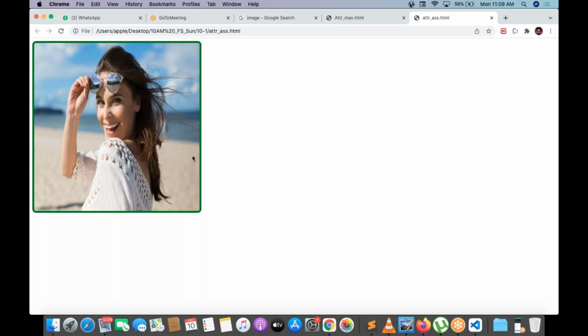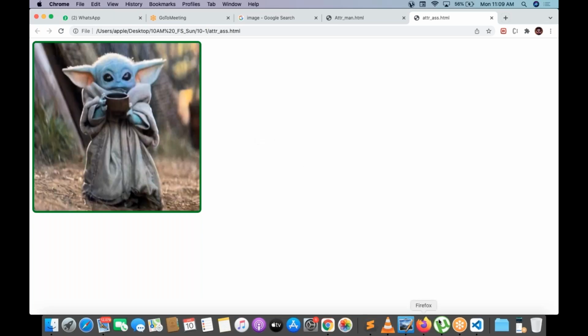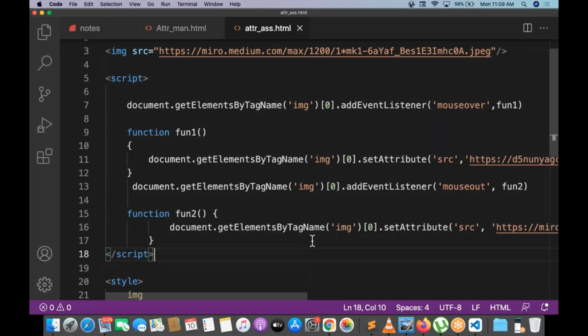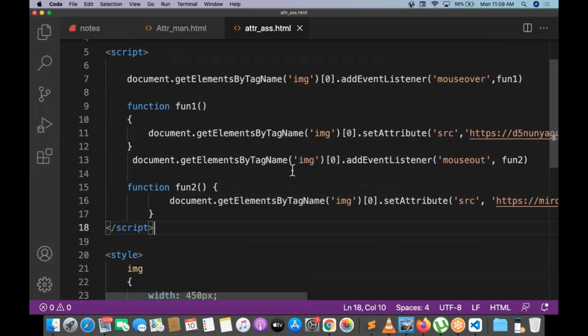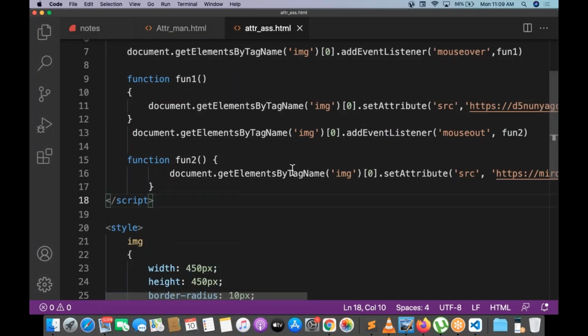If you want to do the same thing in JavaScript, we need to write lengthy code, right? For a simple image change, an SRC change, how much code am I writing? Bigger image, bigger code. A lot of code I am writing. But this much code is not required in jQuery. jQuery, 2 or 3 lines is enough. That's a good one. Okay, so try to do different kinds of assignments on this attribute manipulation. I will give you some assignments on this. You try to work them out. Next.